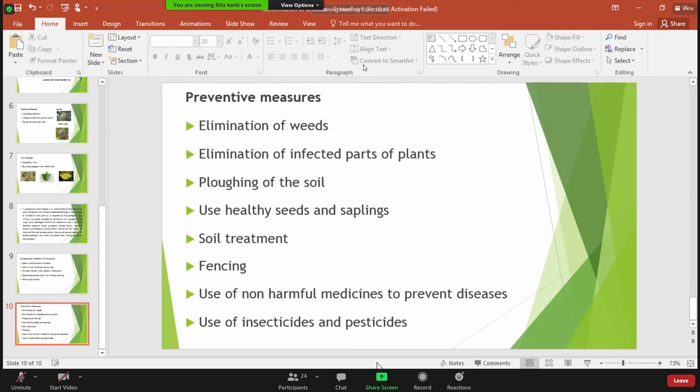Similarly, we can also use the insecticides and pesticides to get rid of varieties of the diseases before the fruit trees get infected, or after the fruit trees get infected. Trees get infected from varieties of the diseases in various stages. While the fruit trees are growing, we can use different types of insecticides and pesticides that are easily available in the nearby store to get rid of the different types of diseases and pests.